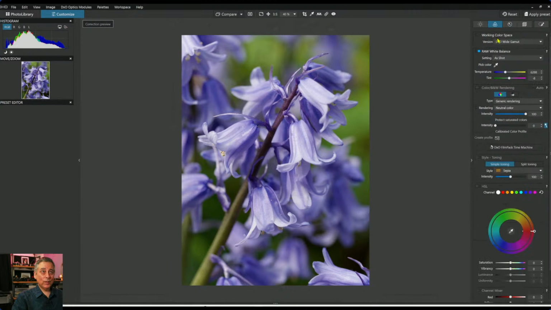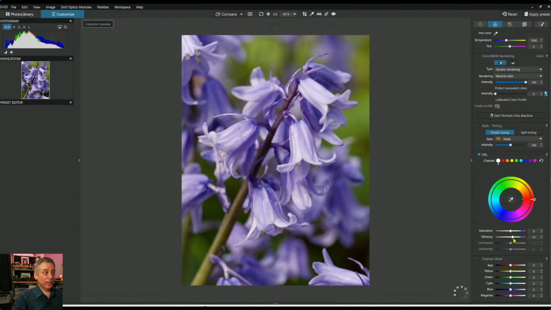So white balance wise, I think we're okay. Let me just see what shade looks like. Okay, shade looks good, because this looks like it's in the shade or cloudy day. So I'm going to go with shade. I like it a little bit warmer. And what if we increase the vibrancy a tiny bit? No, I don't like how it's pushing the greens. I want to sort of pull the greens back a little bit. So I'm going to do that